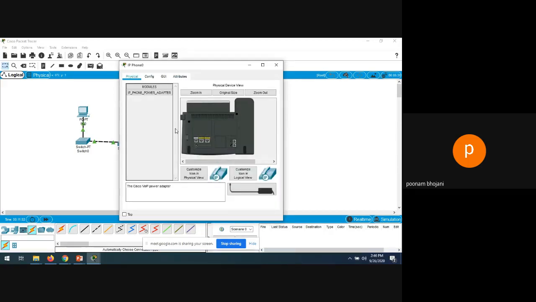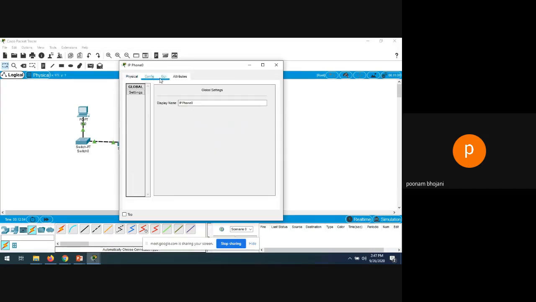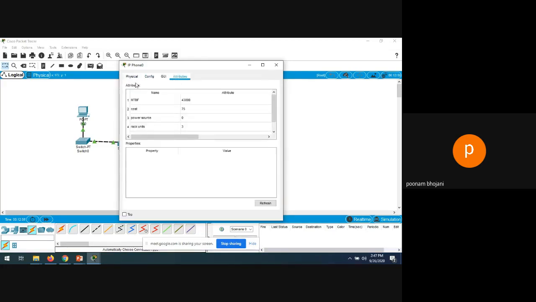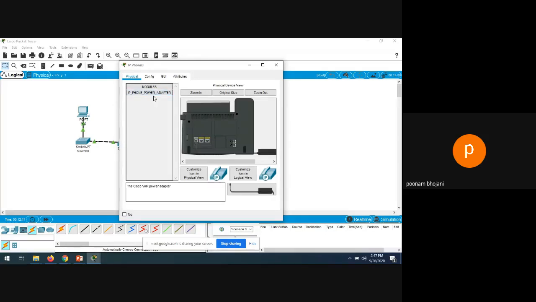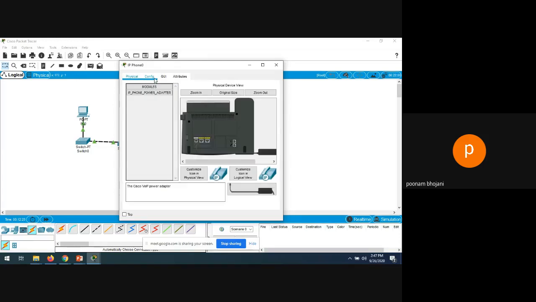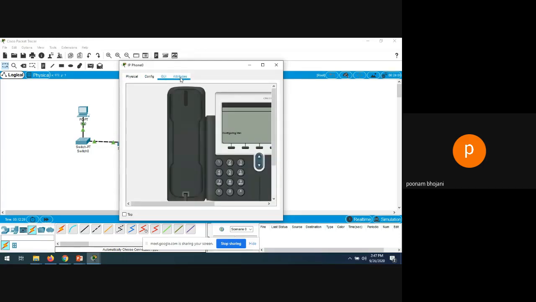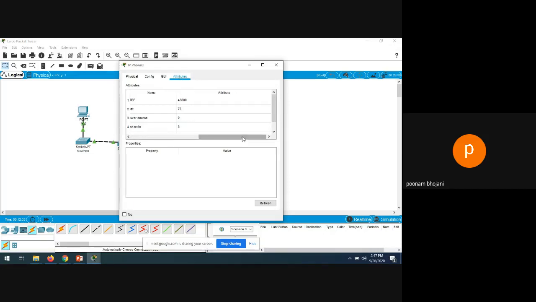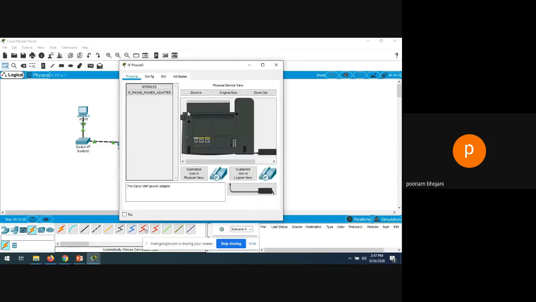The device must be powered on. Okay, here the IP address assignment is not given, I guess.